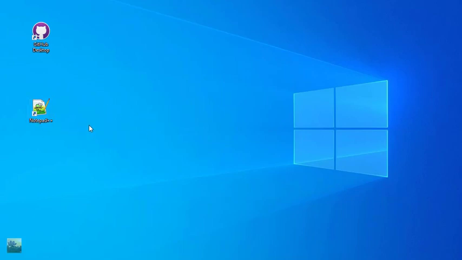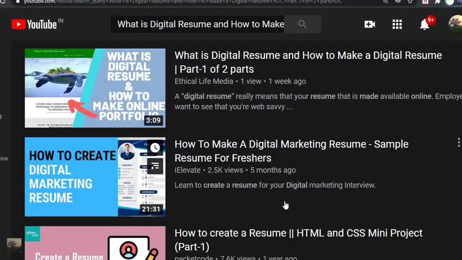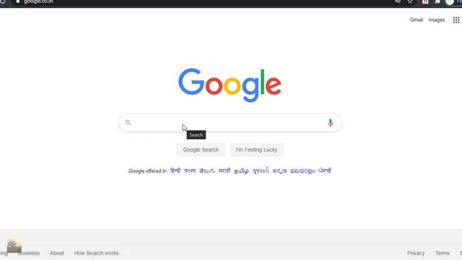Our task is to make a resume, which we already have with us in the form of a digital copy, a Word document, a PDF, or a paper. We all have those details, but we need them to be available on Google, simply put, on the internet. If I go to Google and type here, then I have to find it.